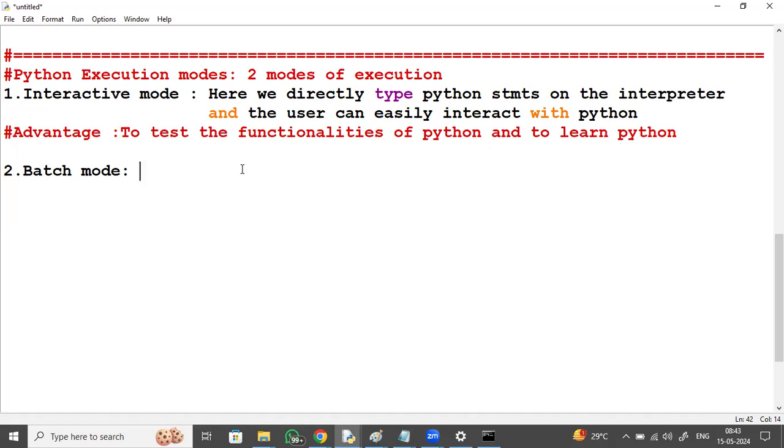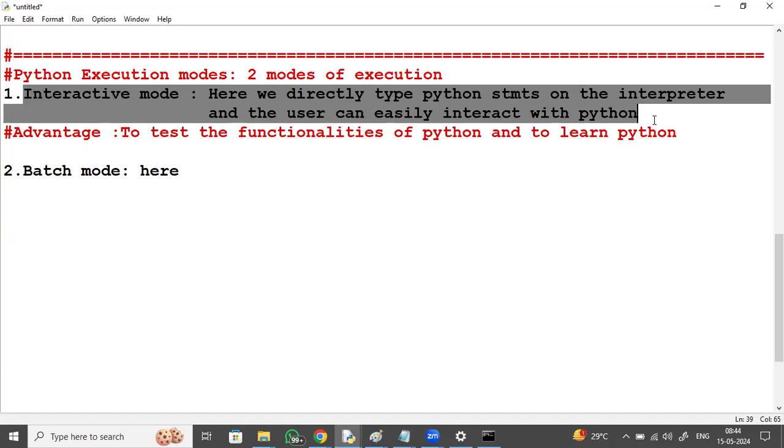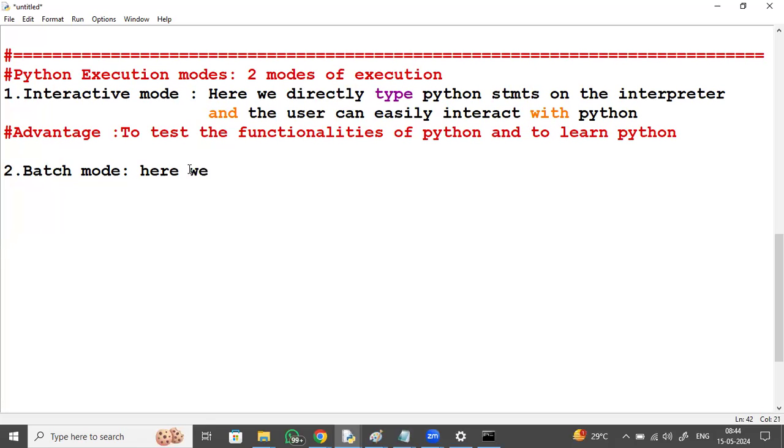Batch mode. For developing applications in Python, the interactive mode is not preferred. We go for batch mode. Here, we write a set of statements